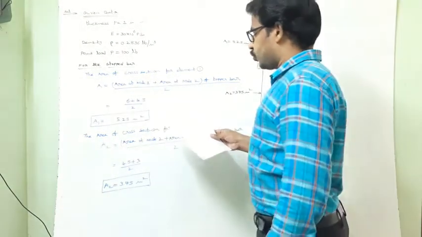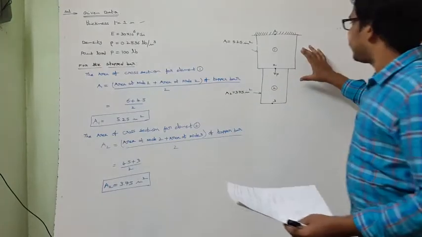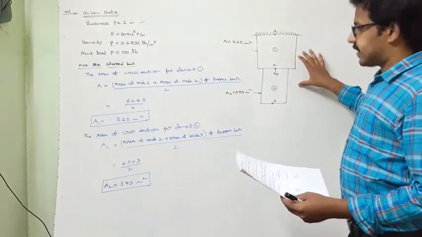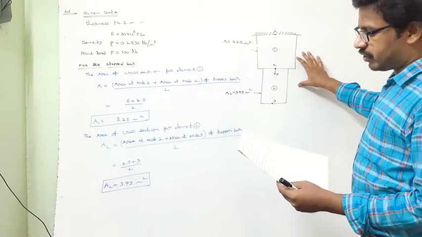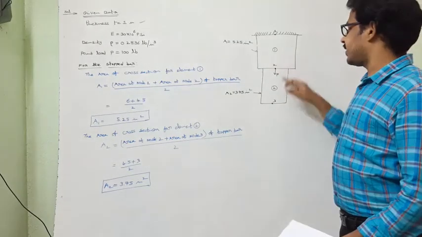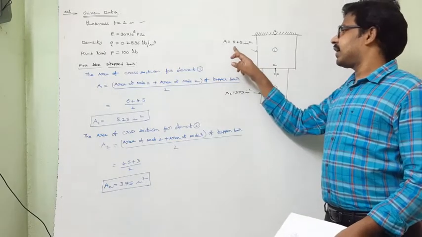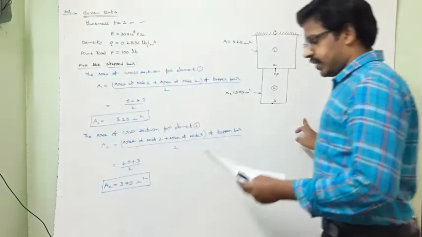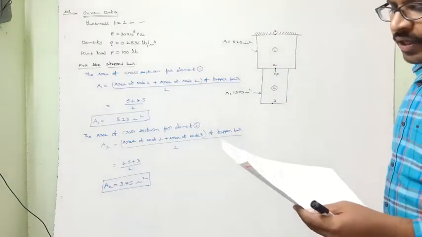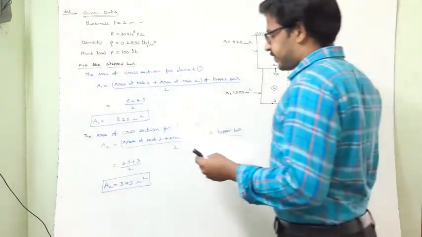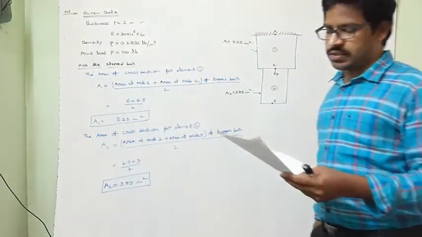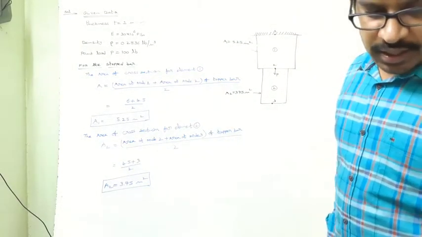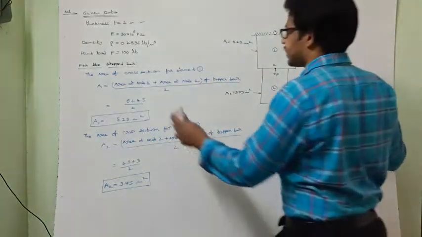Model the plate with two finite elements. So here in the given problem we can convert it into two stepped bars. That is the first one, model the plate with two finite elements. This is the first one and this is the next one. This is the cross sectional area 5.25 inches square, we already calculated, and A2 equal to 3.75 inches square. Coming to the second one, write down expressions for the element stiffness matrices and element body forces.